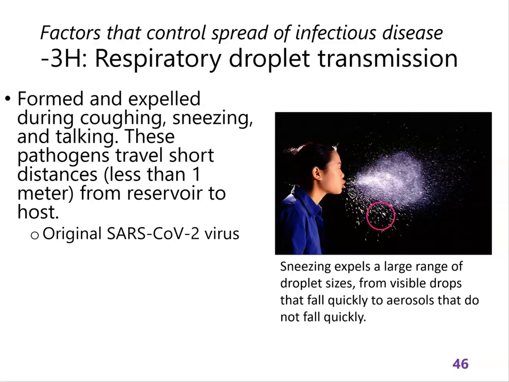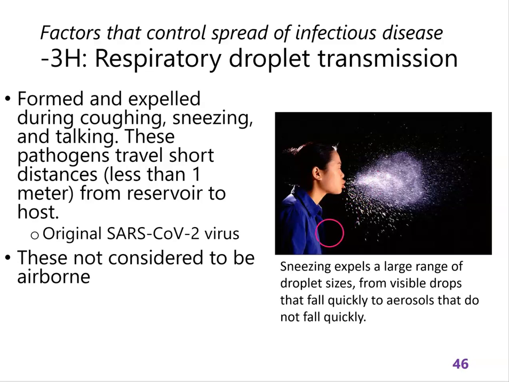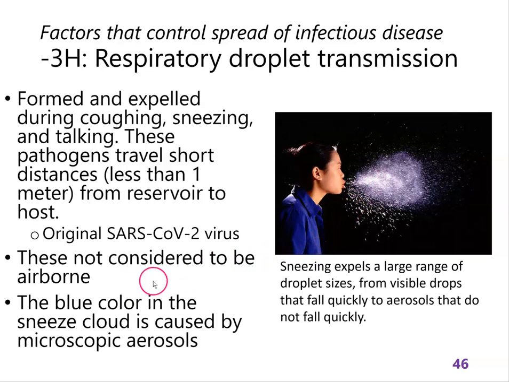A disease spread by droplets, you're going to get it from touching a surface. And that's the original SARS-CoV-2 virus, the original strain back in early 2020, was spread mostly by droplets. And so people were wiping down surfaces to prevent the spread of that. Omicron was not spread that way. Omicron was airborne. Sorry, I lost my train of thought, but